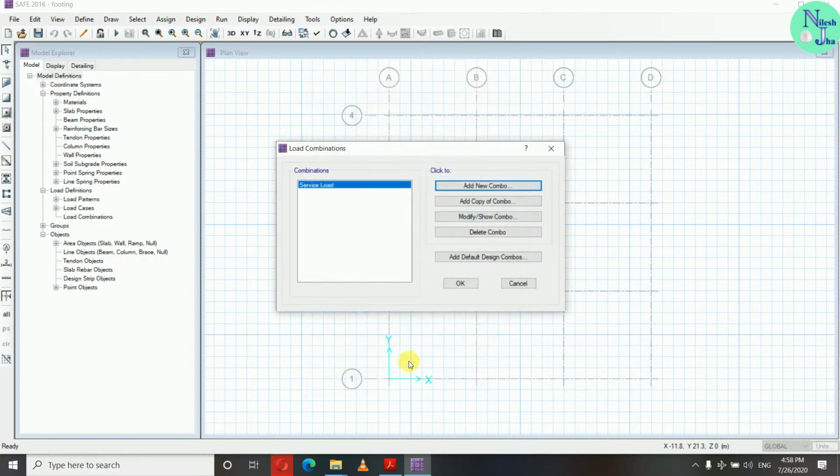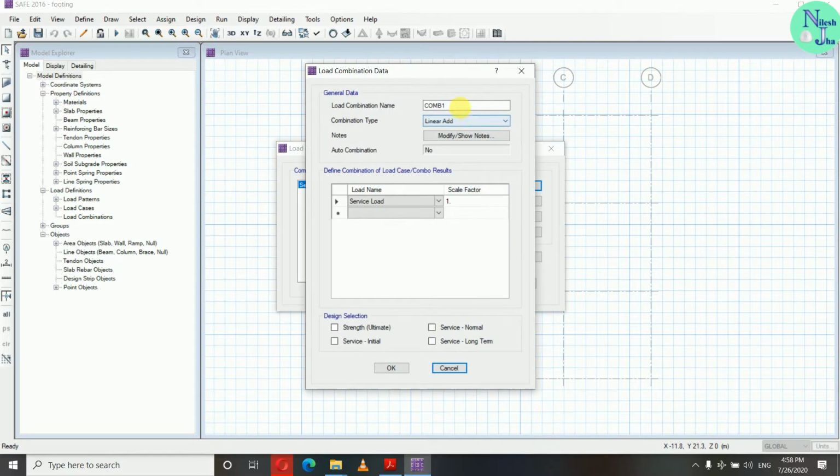Okay, and we will add one more, that is for factored load. We will give dead load and live load, with the scale factor of 1.5 each. Okay, and here the strength is ultimate.